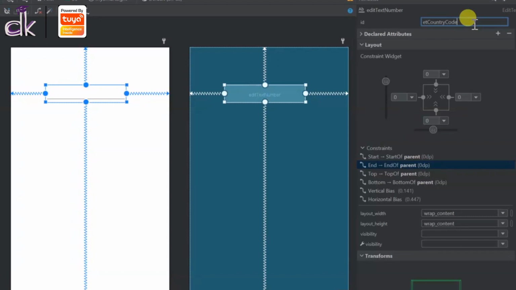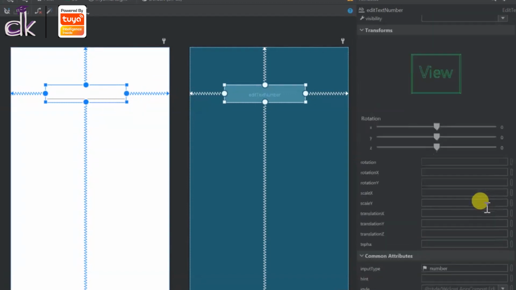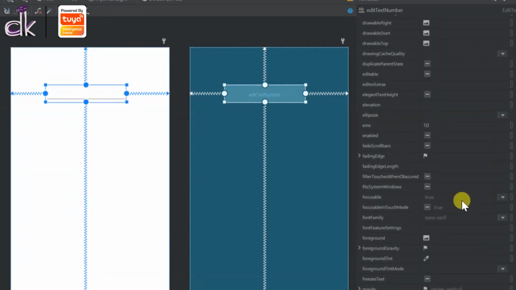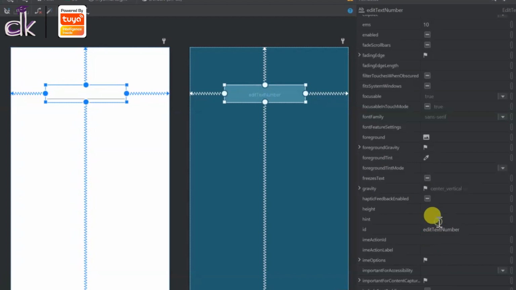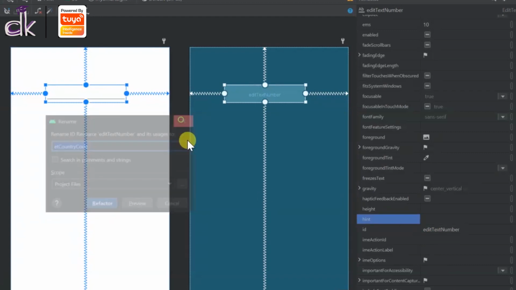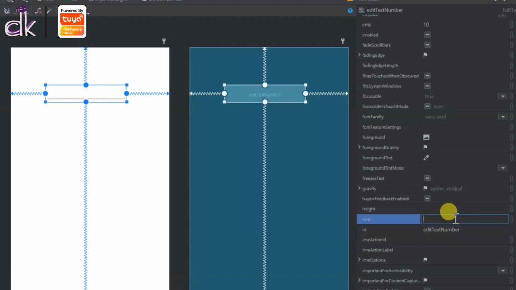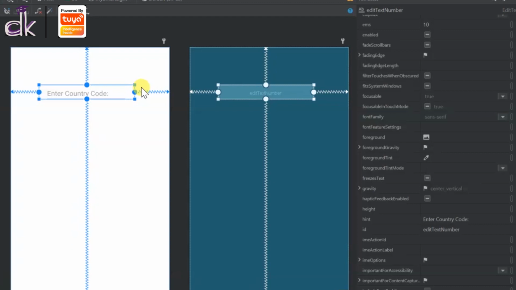ET stands for edit text here, and country code is what we need to log in the user as well. So I'm going to add that, and at the bottom you'll need to provide a hint so that the user knows what exactly it's happening. So under hint you just need to add enter country code.